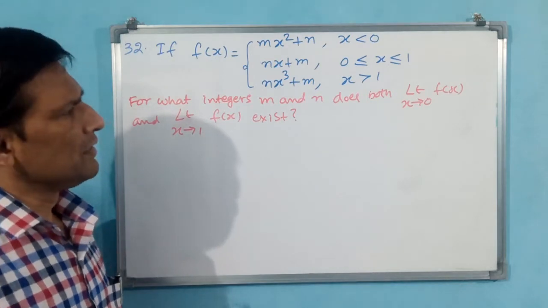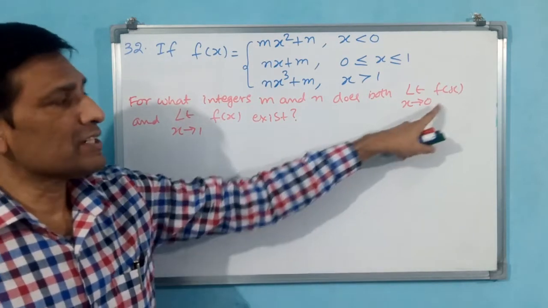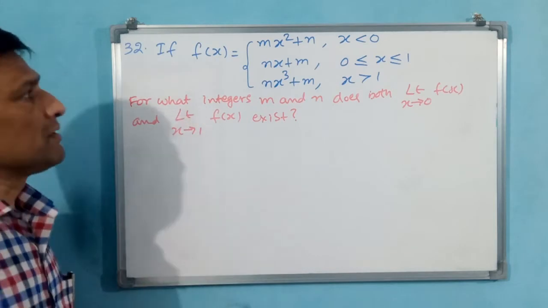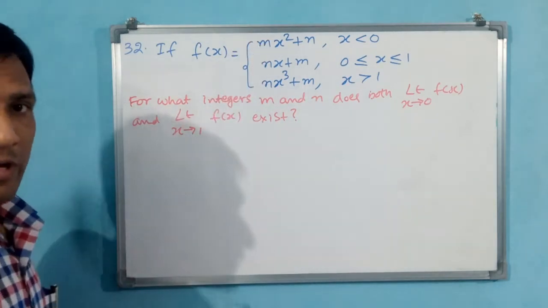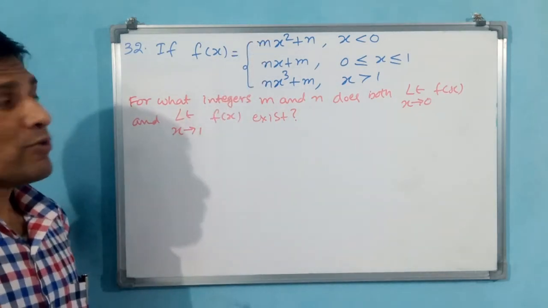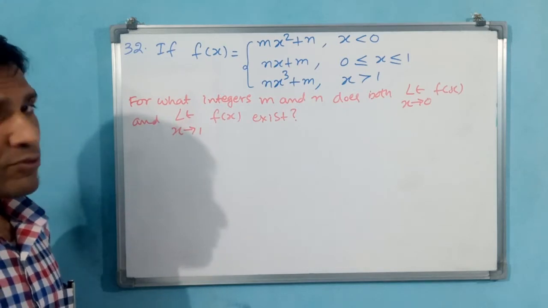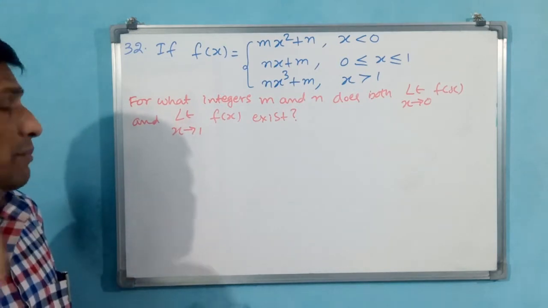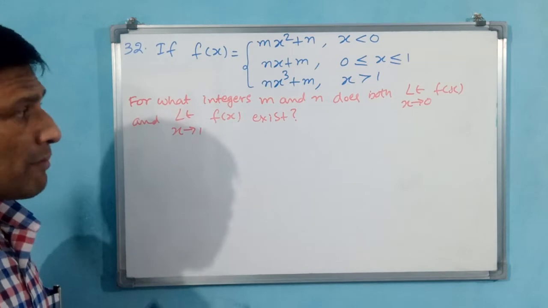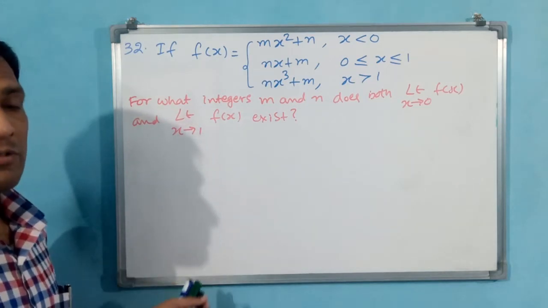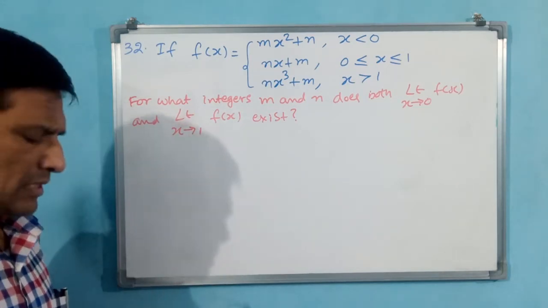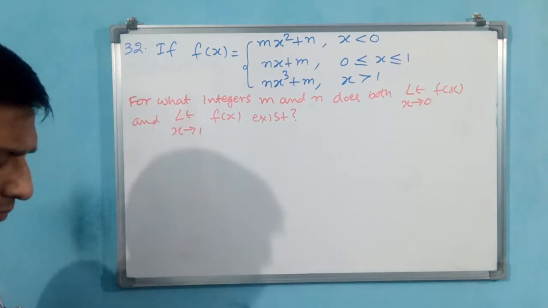Okay. Let us take one by one. First we will find the limit as x tends to 0, and we will see what the possible values of m and n are. Here we don't say m is this, n is equal to that. Plenty of numbers may be there, but whether m equal to n, or m not equal to n, for all values or like that, we have to see. Let us see first.